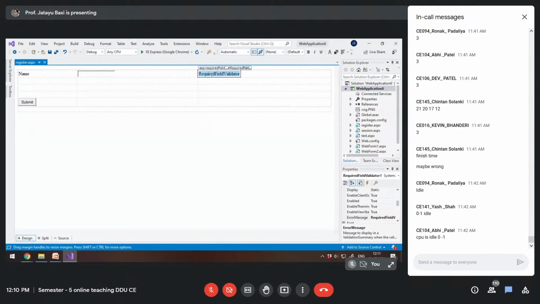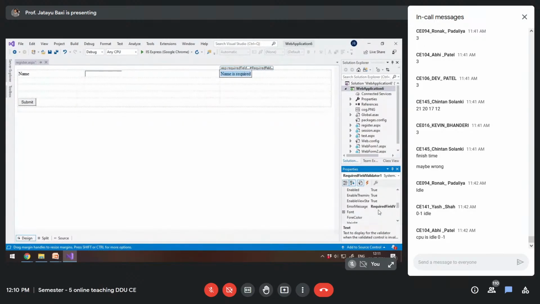Now I will set the text property. So let's have the text property: name is required. And let us remove the error message property.